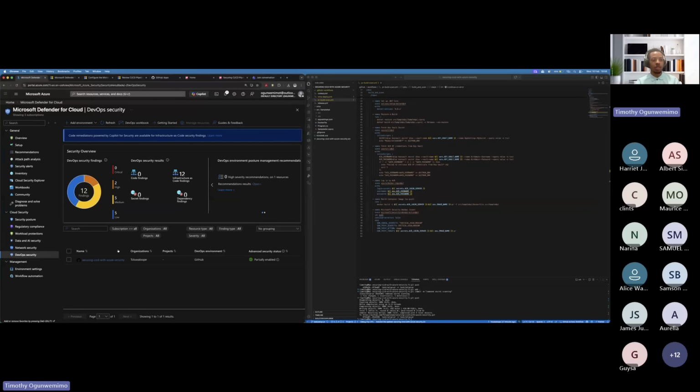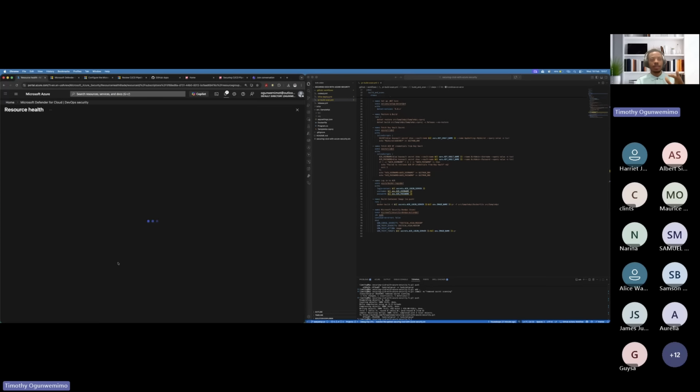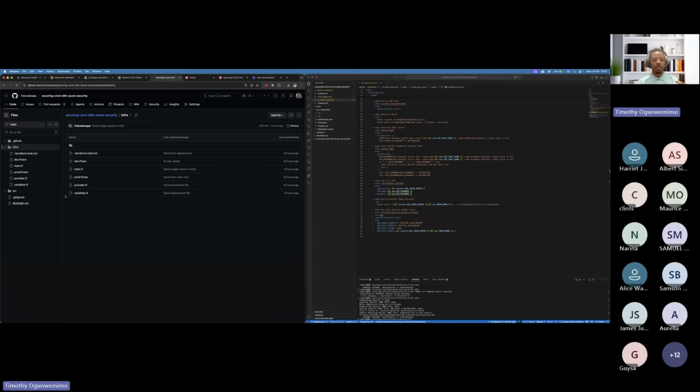Okay, so let's just see one of the findings, right? So that we can fix it together, which is one thing now. That is connected to my GitHub repository. If I go into my GitHub repository, you see my IAC in here where it did the scanning. This is my infrastructure. So yeah, most important thing, let's not forget, your repository has to be